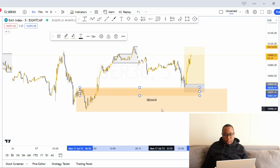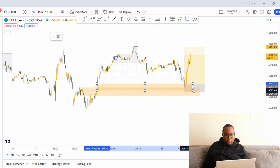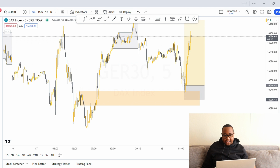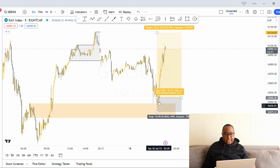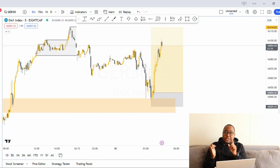That was also in line with a demand level right here. Okay, so this demand level here, this last higher low. So I took all of that, and this is how you can see it came into this, and as soon as it spiked in, that's when I now had my entry, and I plotted my entry based on that. So when it spiked in there and started giving me signs that we're now going to be buying, I put it on. So what I'm basically saying is, look at the trend, structure,